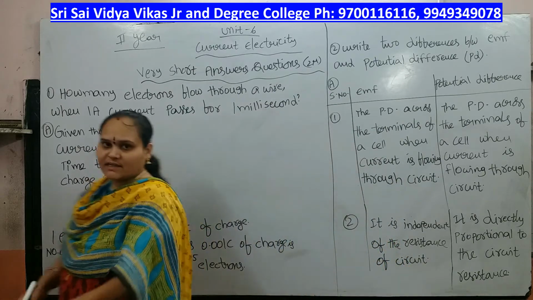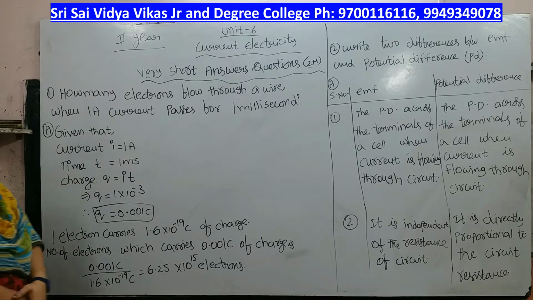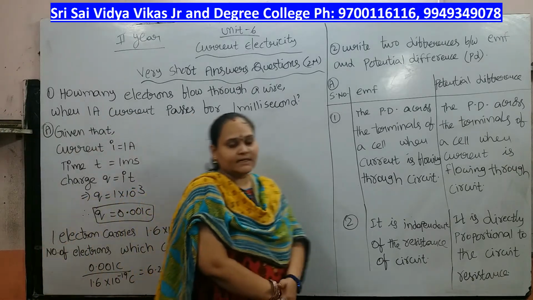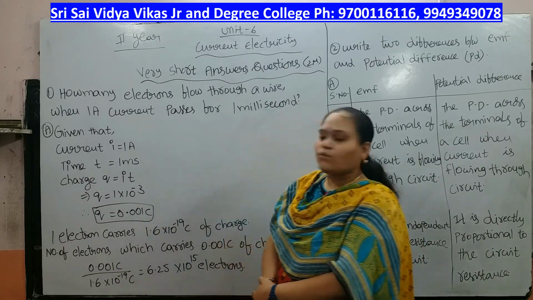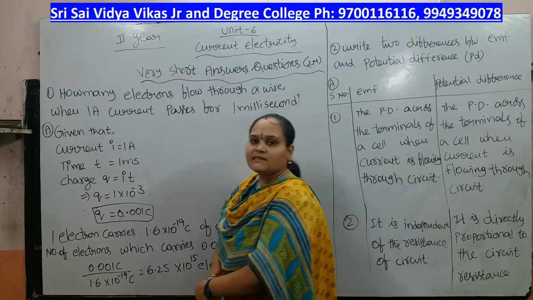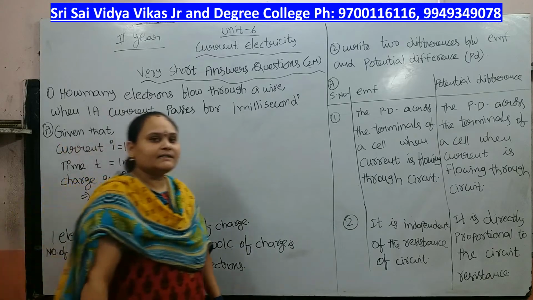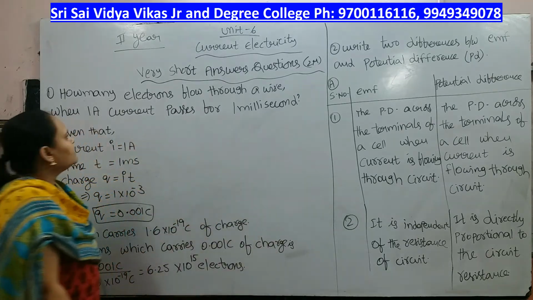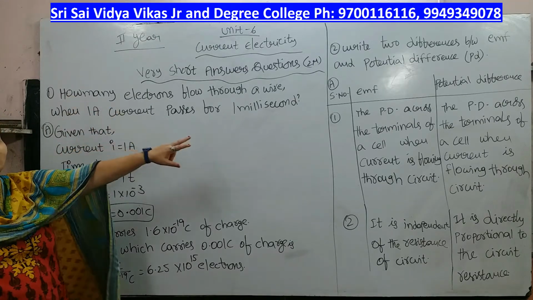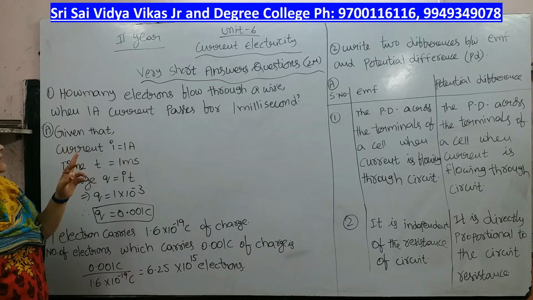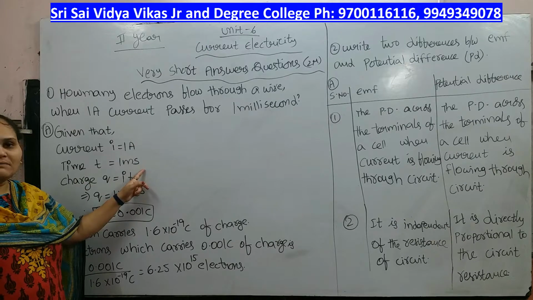So the first one is: how many electrons flow through a wire when 1 ampere current passes for 1 millisecond? So here time t is 1 millisecond and current I equal to 1 ampere. So we can calculate how many electrons flow through a wire when the 1 ampere current passes for 1 millisecond. So we have the formula, given that current I equal to 1 ampere, time t equal to 1 millisecond,